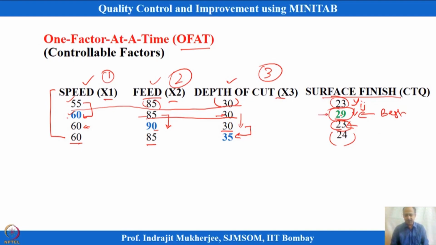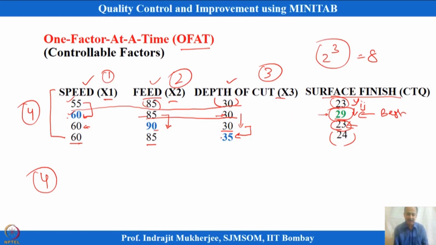Now, there are 3 variables over here, and 4 combinations of the variables are shown, but there are another remaining 4 variable combinations which we have not shown. There are 3 factors and all factors are at 2 levels. So, the total number of possible combinations should be 2 to the power 3, that is equal to 8. But when I have done one factor at a time and gone by linear positioning from one location to the other, we have stopped with